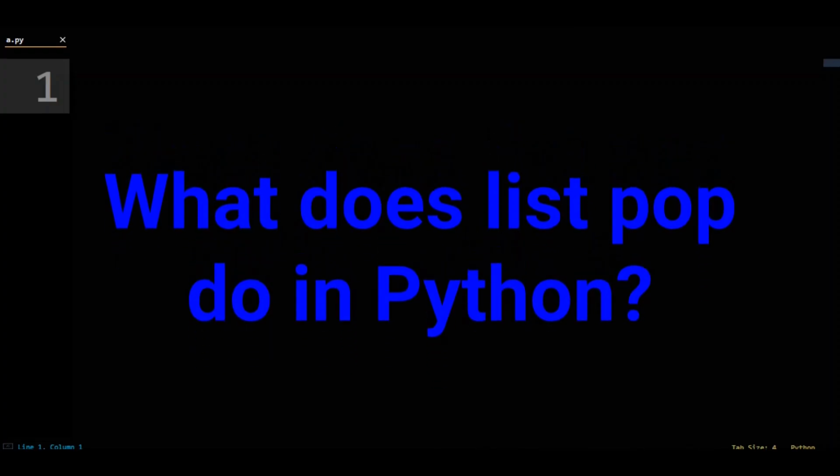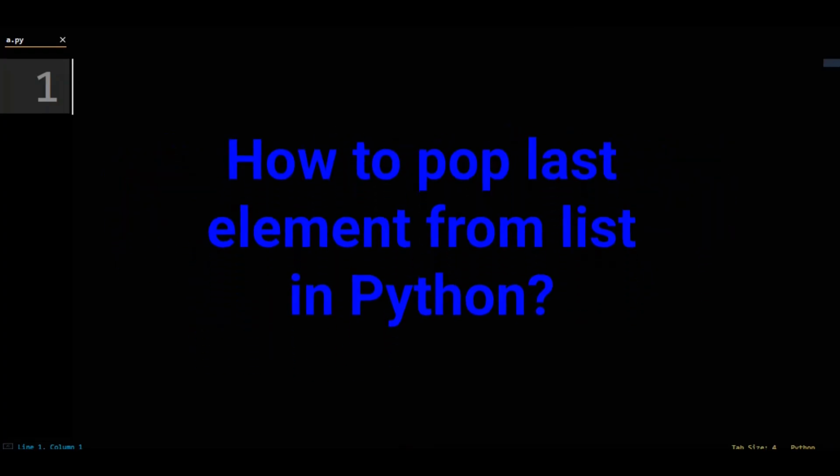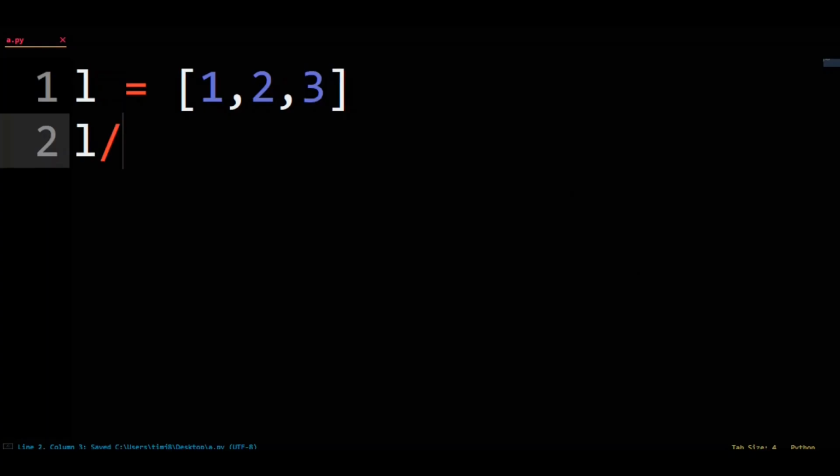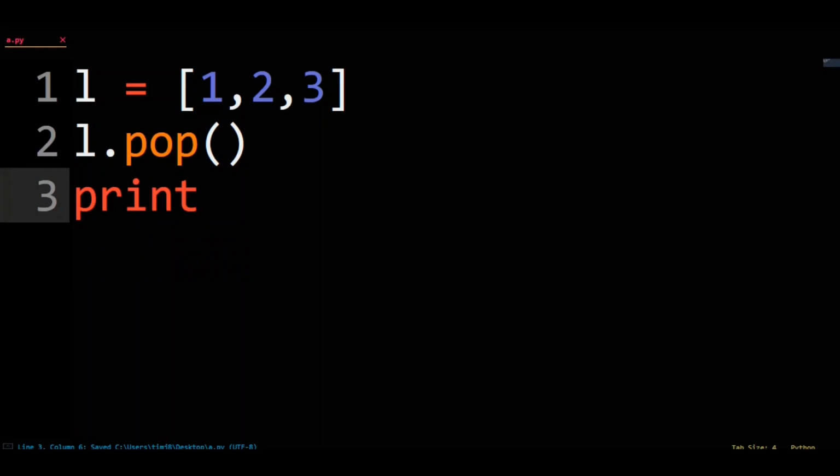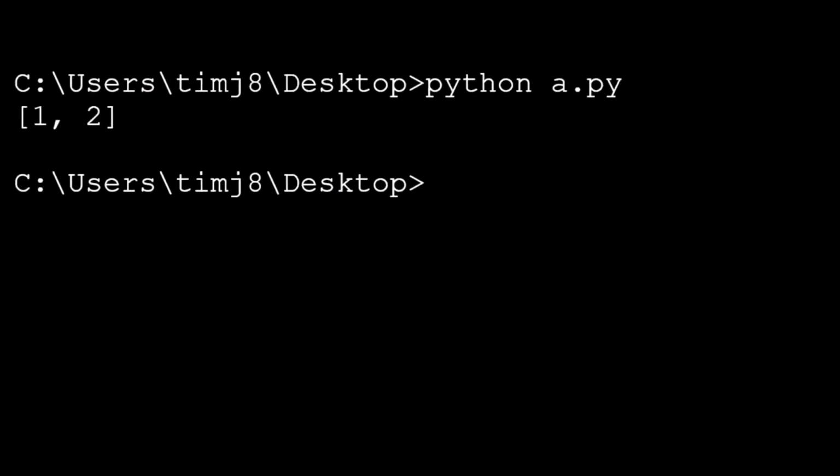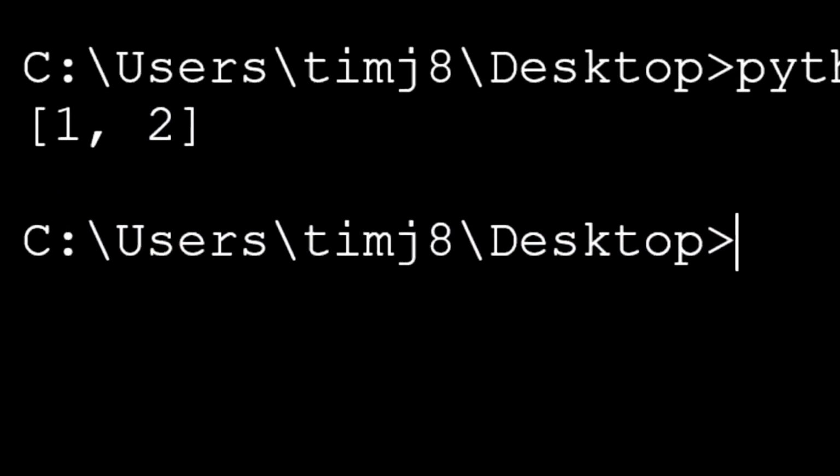In Python, list pop is a method that removes an item from a certain point in the list. Let's do a quick example to see what list pop does in Python. We'll also see how to pop last element from list in Python. L equals a list with 1, 2, and 3. L.pop(). Print L. If we run this code, we'll see L contains just 1 and 2, so pop removed the last item